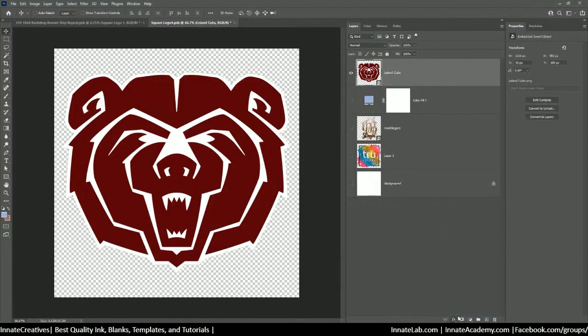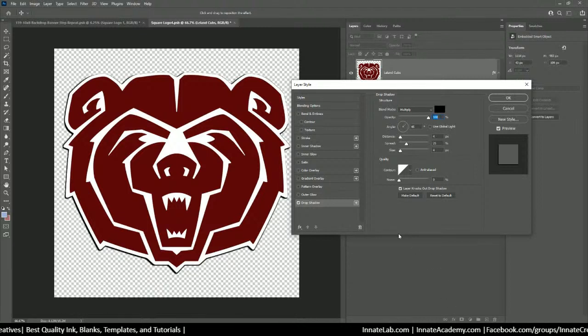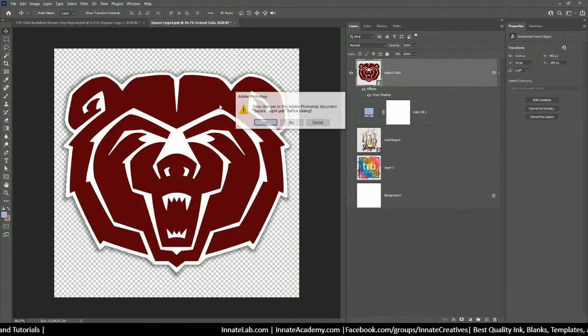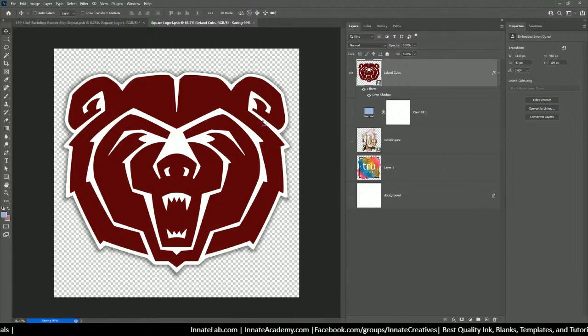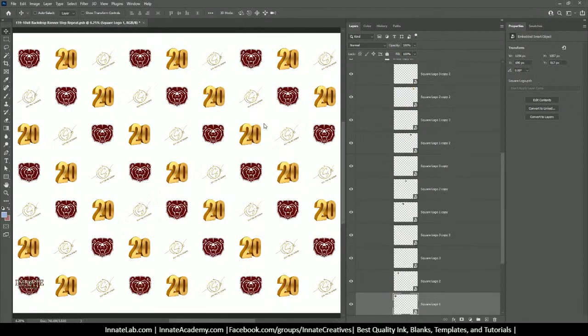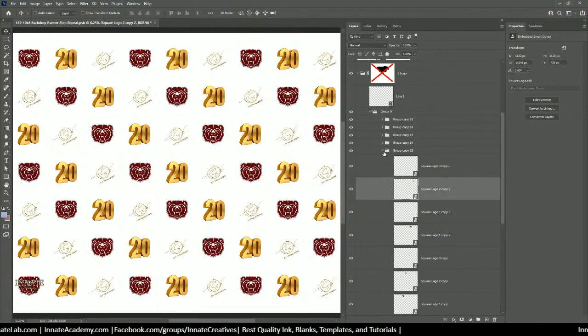I'm going to go ahead and add a little drop shadow here. And bring down the opacity just a little bit, and if we have a white background or any color background, it should kind of pop off just a little bit. Now when I close out of this, I'm going to hit yes to save the smart object. There we go. Now we have our logo, we have our 20, and I think we said we're going to put LHS in this other area, so that would be,